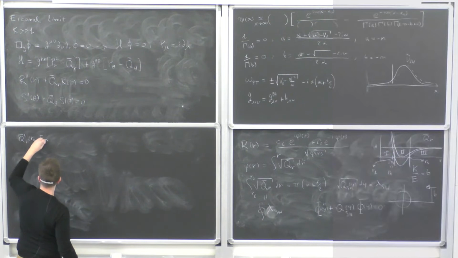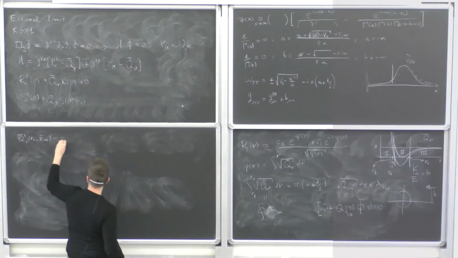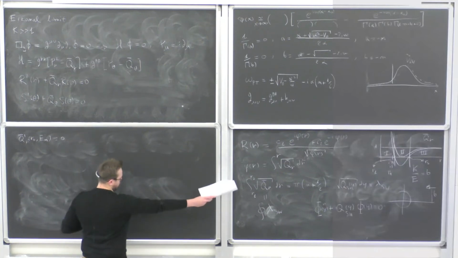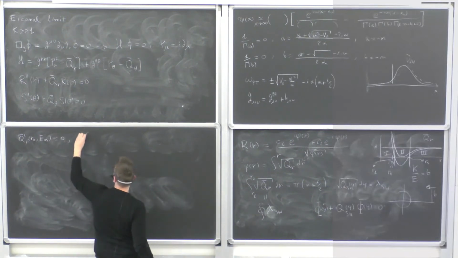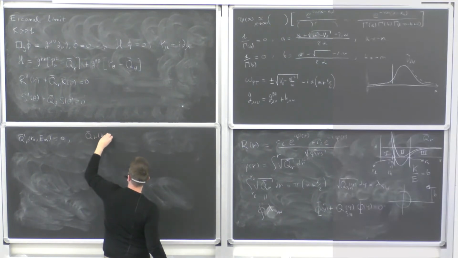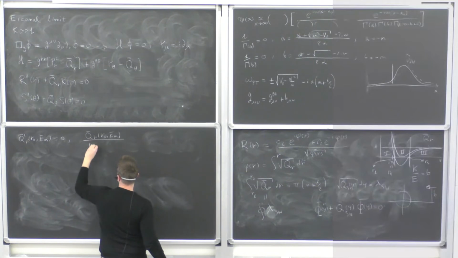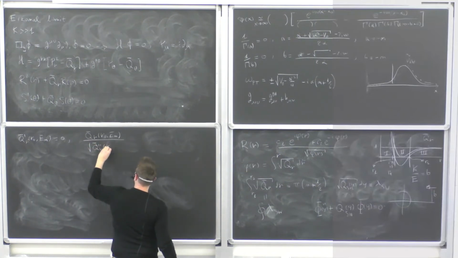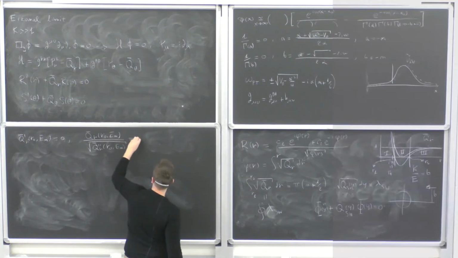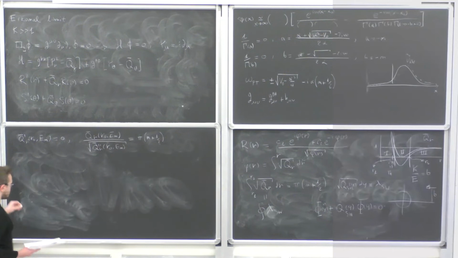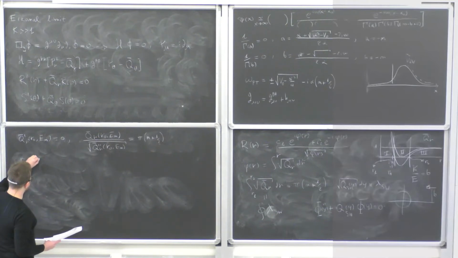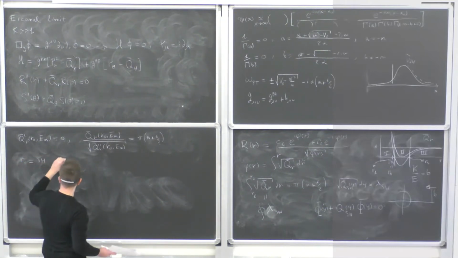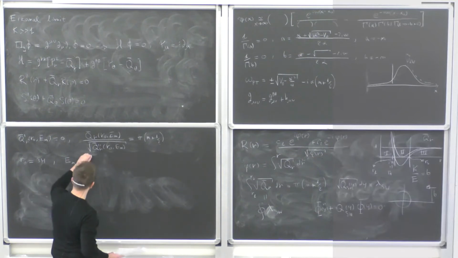I will call it En because I know that it is quantized due to the Bohr-Sommerfeld quantization condition, and then I will have Q bar of R computed in R0 and En divided by the square root of the second derivative. The nice thing is that I can find this precisely. I can find that R0 is 3m, and then En is equal to k times